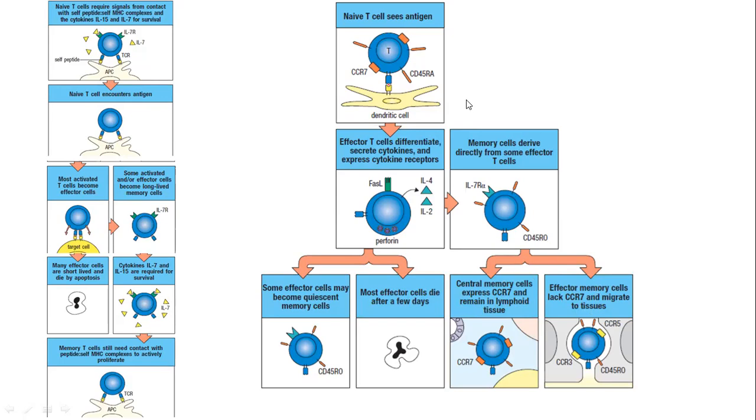As I mentioned, when we talk of classification of memory cells, we've got the effector memory cells, and we've got what we call the central memory T cells that are within the lymphoid organs. And these other effector cells are within the tissues and are migrating in order to detect any possible antigens within the lymphoid organs as well as in the periphery. So this is an important classification that we'll need to remember in terms of differentiation of the memory cells